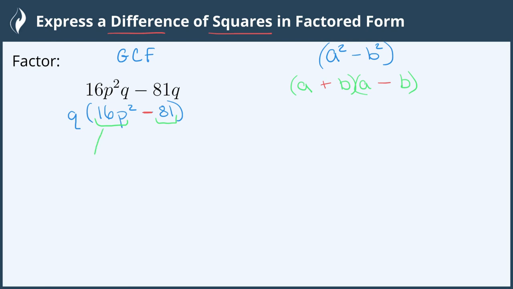The square root of 16 is 4, and the square root of p squared is p. So we have our two binomials, and 4p will be the beginning of both of our binomials. Then we take the square root of 81, which is 9, and this goes in the second spot of both of our binomials. Then we fill them in with a plus and a subtraction, and don't forget our greatest common